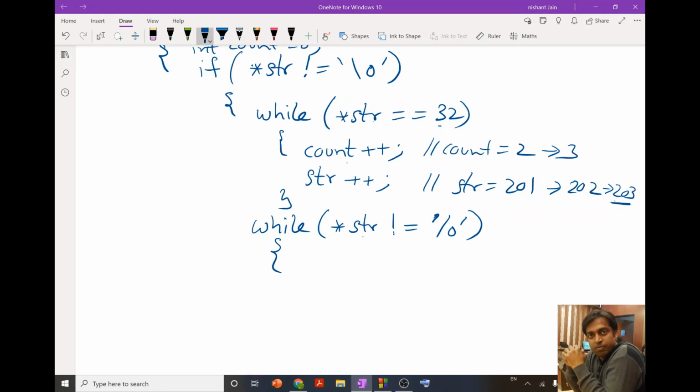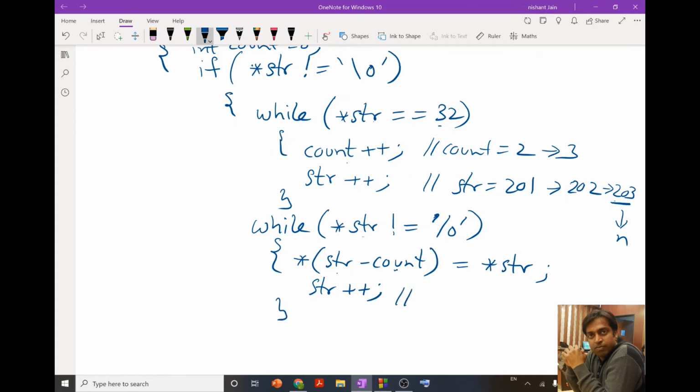We are going to shift by how much? Str minus count, as we discussed above. So 203 minus 3 will give you 200. So value at 200 is equal to value at 203. So that n is going to shift from 203 to 200 location, and after that we are going to increment the value of str.